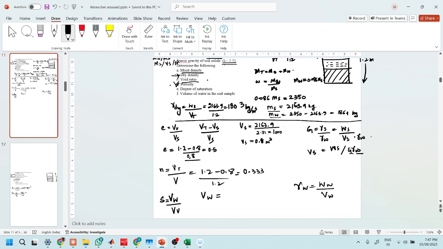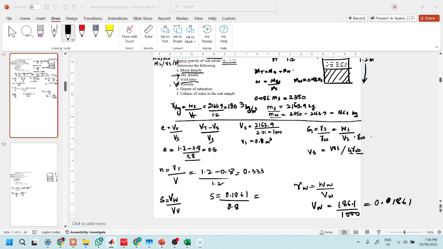If we know the weight of water from here, volume of water will be 156.1 over 1,000, which will be 0.1. Volume of voids was